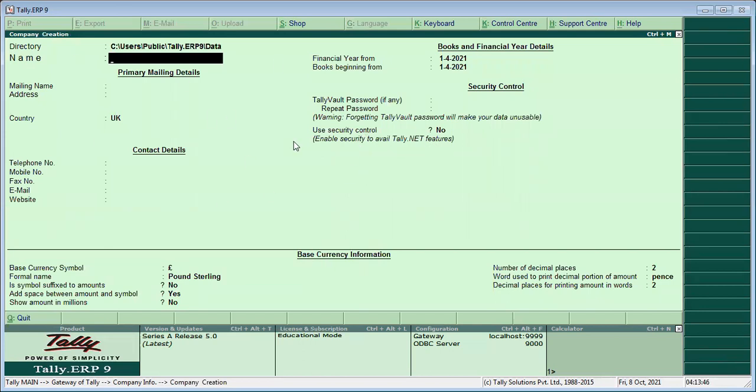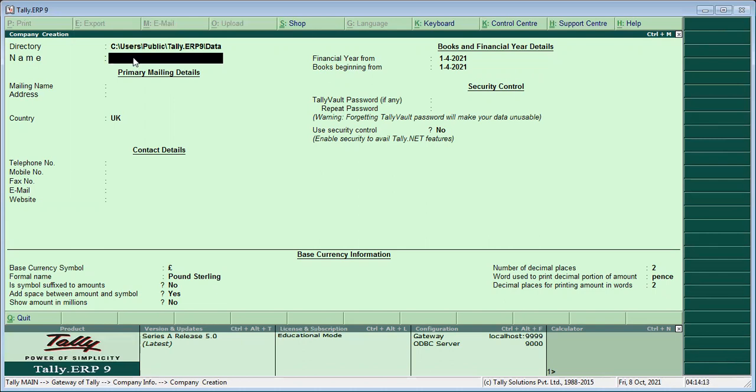It is opened. This is the title bar, company creation, and name bar. Under this directory, the information will be stored in C: users public Tally ERP9 data. Name means here type the company name you want to create.